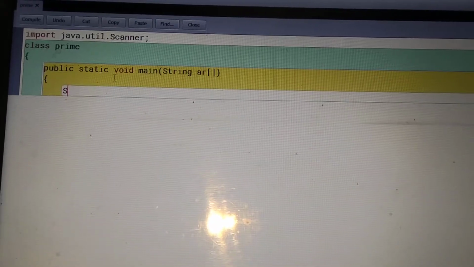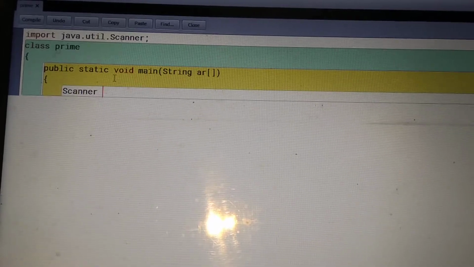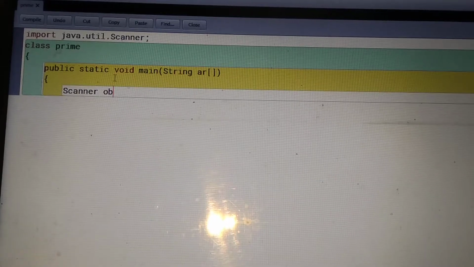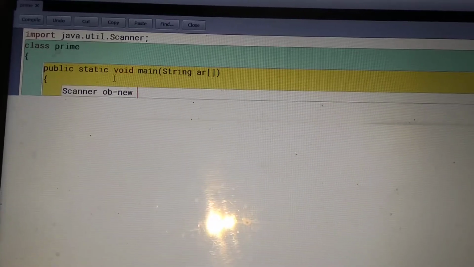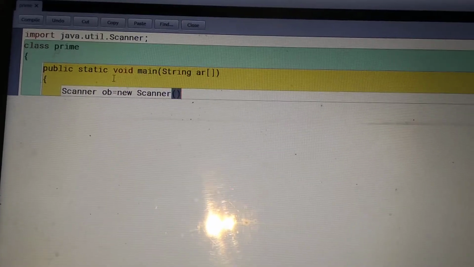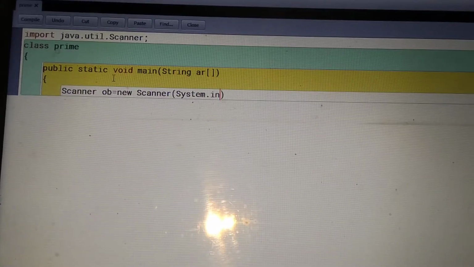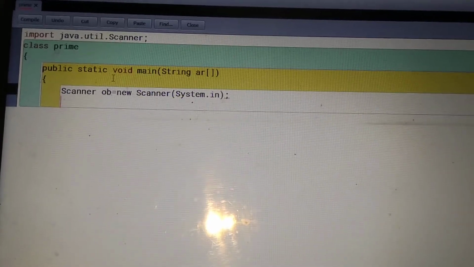The class name is Scanner, then the object name, here I have given the object name OB, you can change it. OB is equals to new Scanner, within parentheses System.in. This is the line for creating the object of the scanner class.